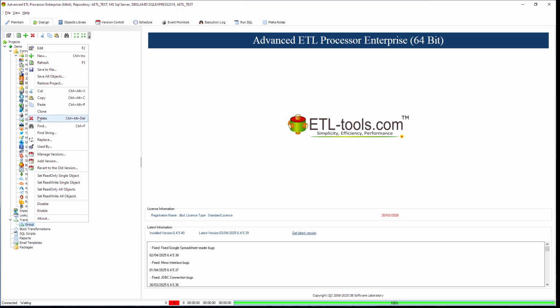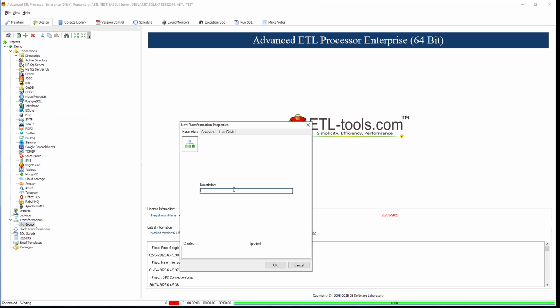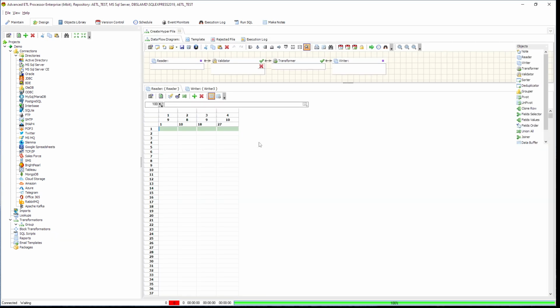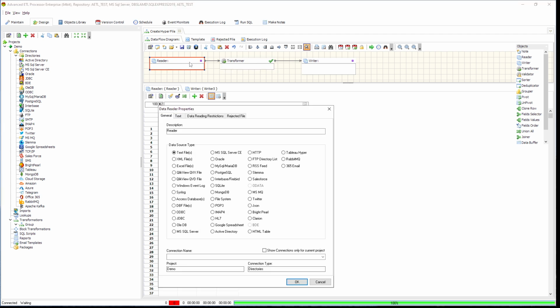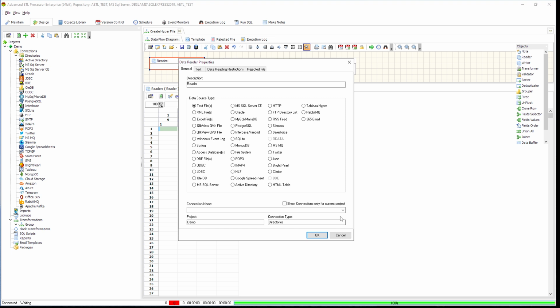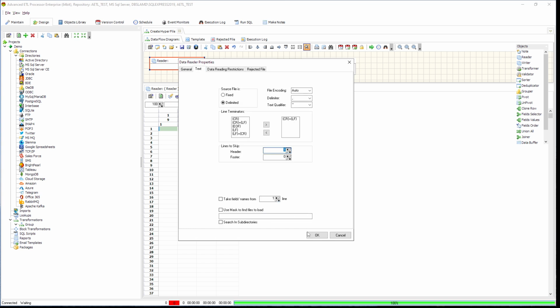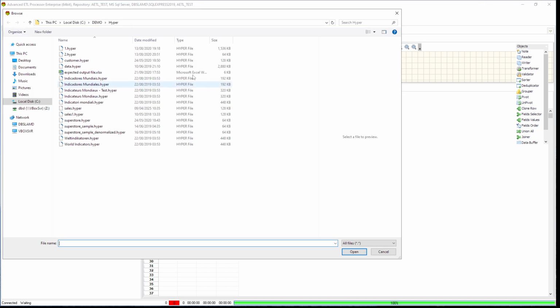Next step is to actually create the transformation. We call it create hyper file. I'm going to the validator, so we just delete it. Setting writer properties, so connection text files, selecting the file,